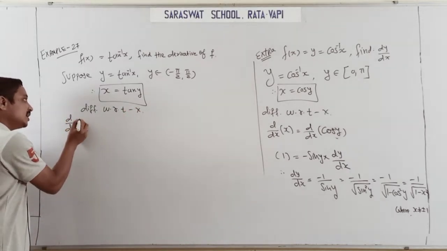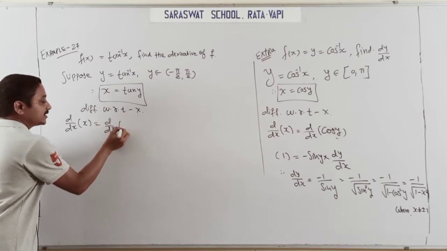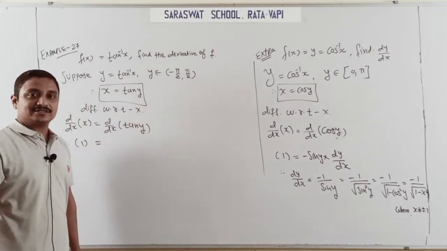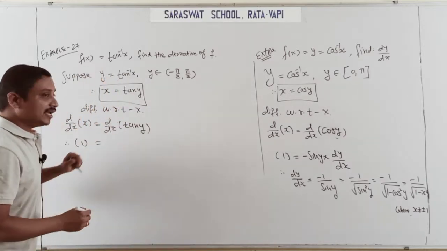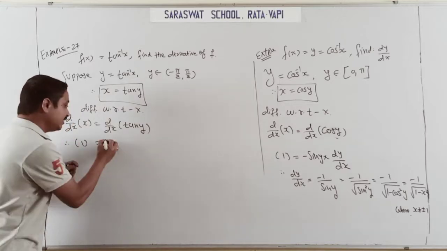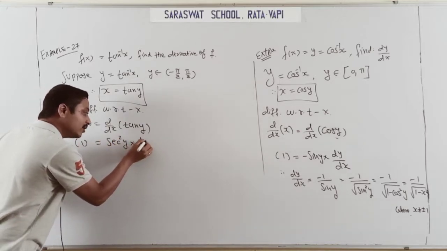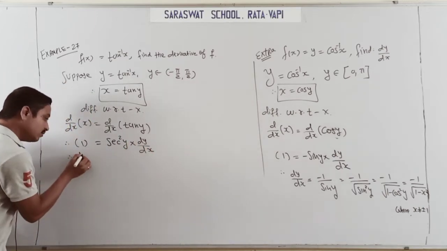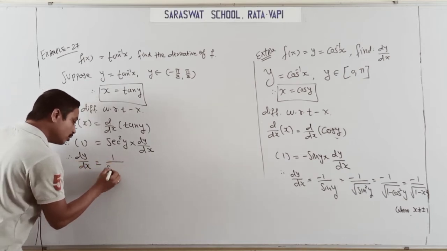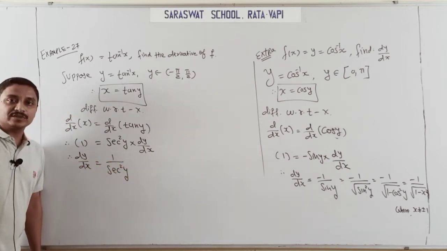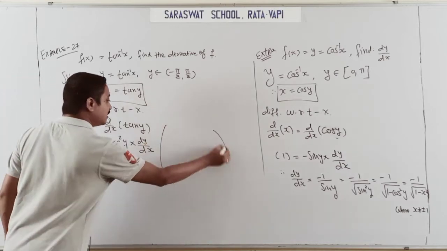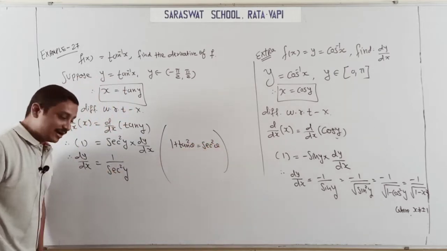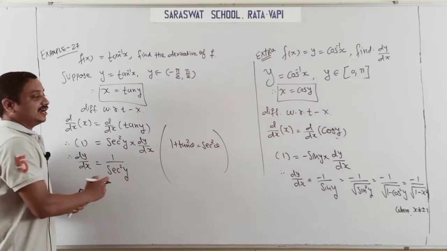And here start simple differentiation with respect to x. So d by dx of x equals d by dx of tan y, and this derivative is known. X with respect to x is 1, and tan y derivative, first tan and after that y, is sec square y, and y derivative dy by dx by chain rule. So dy by dx is done, 1 upon sec square y. And this sec square y, students, you know the property 1 plus tan square theta. Yes, it is sec square theta, but I want the value for sec square theta here.